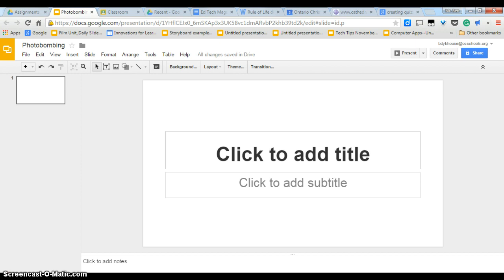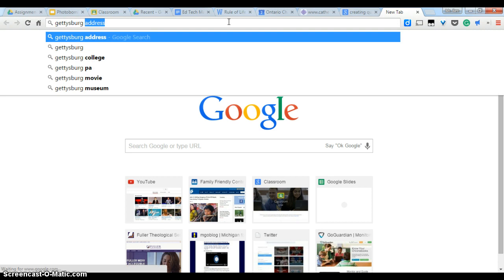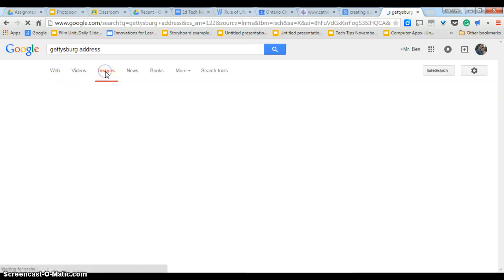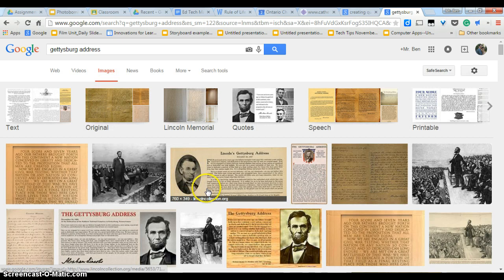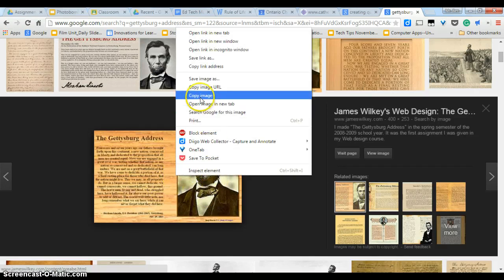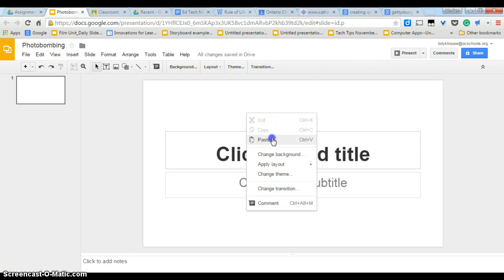So in this case, I'm going to search for a background picture. I'm going to search Gettysburg Address, and then there's no specific pictures of that, other than this, I suppose I could use. I'm going to use a straight-on picture, something like this. I don't know if this is something that will work for your assignment, but I'm simply going to copy that, and then I'm going to paste that right into